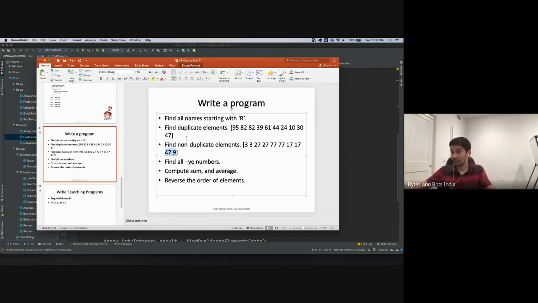So in this case, essentially there are two numbers that are not duplicate, 47 and 9, but the answer should have been 47, because instead of 9, that should have been 47. So it's 47, which is a non-duplicate element in this case. It's very simple. Any guesses on how to do it,